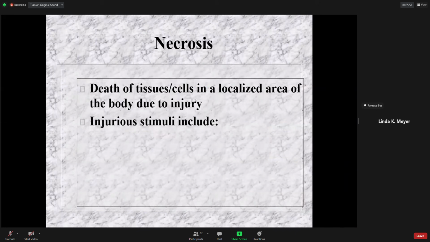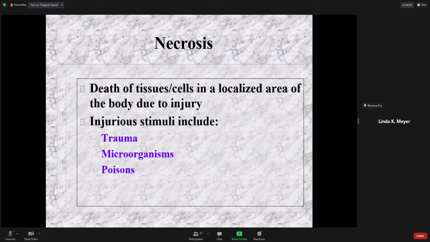So this is when the tissues die or the cells die, and some of the injurious stimuli for necrosis include trauma, infections, microorganisms, poisons,